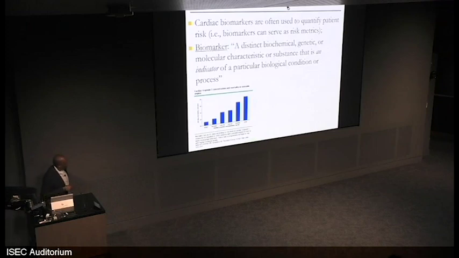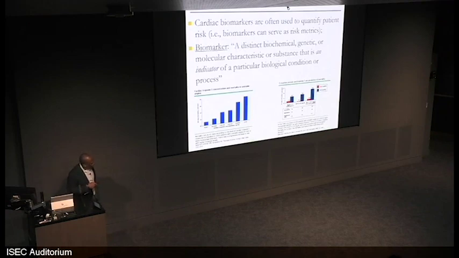Some examples. There's something called cardiac troponin I. You measure this. It's something that is produced in the blood when heart muscle dies. And the higher the level, the greater the risk of death within some number of days after presentation. There are other markers that you can measure in the blood. Some of them have been very popular, called C-reactive protein. All of these things are known, and they're biochemical. The greater the amount of heart muscle that dies, the greater these values, and subsequently the higher the patient's risk of an adverse outcome.